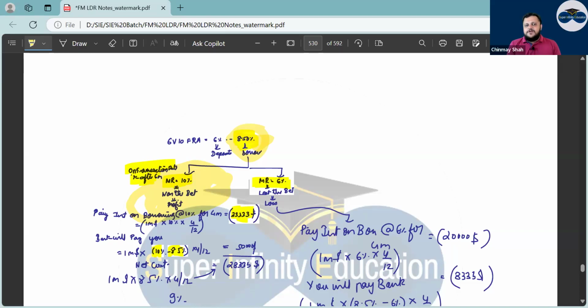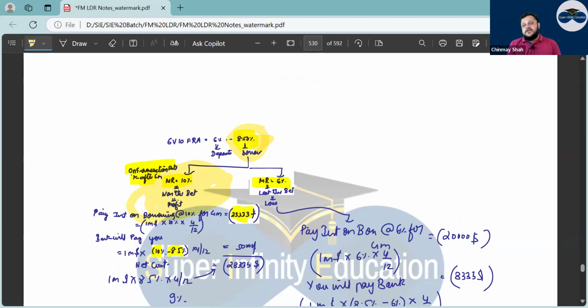You are paying the market rate, but your borrowing will happen at what rate? 10% or 8.5%? 10%. But the bank will pay us the 1.5%. So the questions are: at what rate will borrowing happen or at what rate will interest be paid on the basic borrowing, and how much will be the profit or loss, and who pays it? The bank pays this person, or this person pays extra.